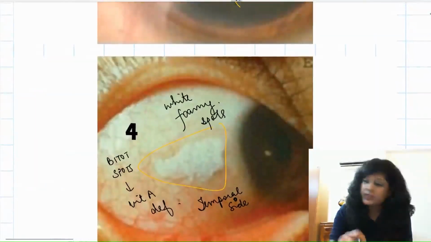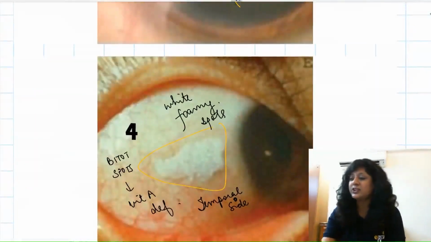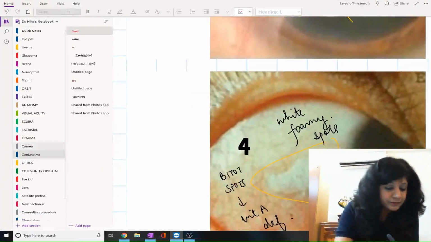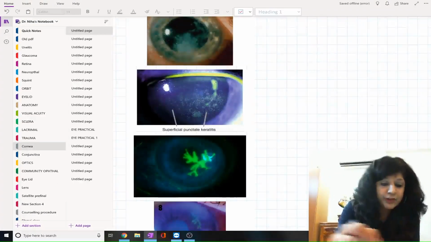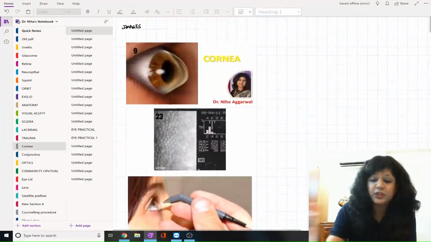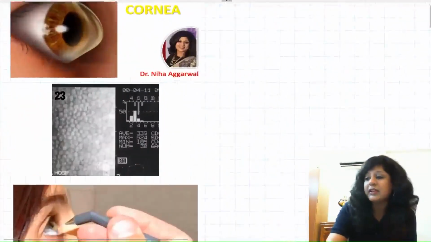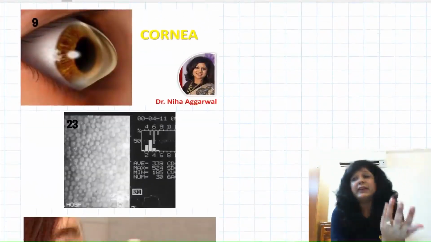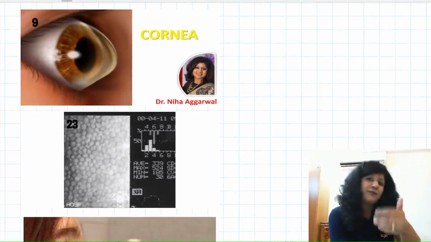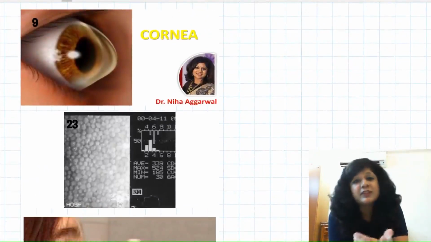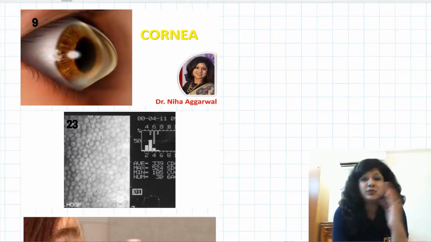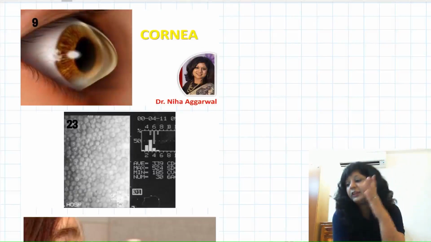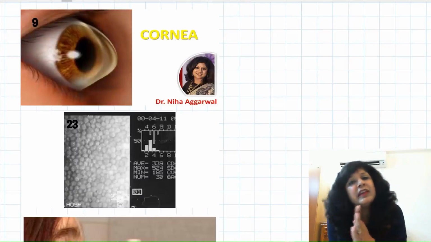Okay, so this finishes your conjunctiva. Now we'll start with the cornea. In the cornea, first I have given you the introduction. We all know that the cornea is the anterior 1/6 of the eyeball. It is transparent, it is avascular. We have two surfaces, an anterior surface and a posterior surface, and then we have two curvatures also, the horizontal curvature and a vertical curvature. Then I have told you about the different layers of the cornea.